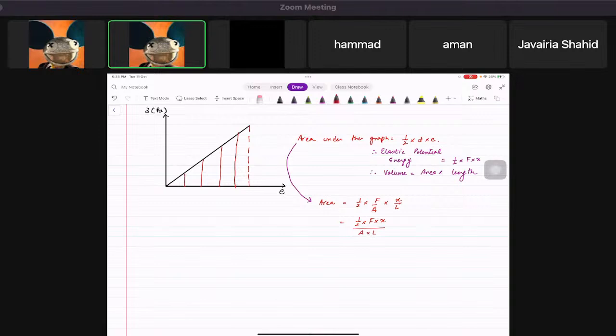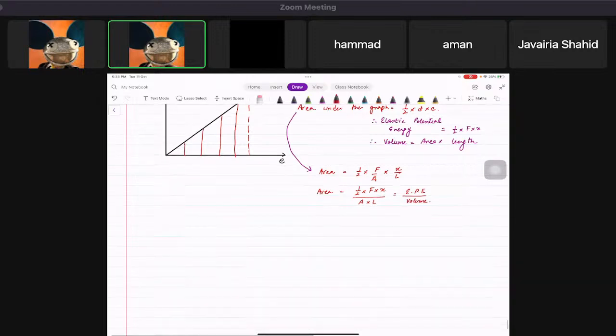If you notice something very, very cool, on the top side we have elastic potential energy, and at the bottom we have volume, which basically means that,